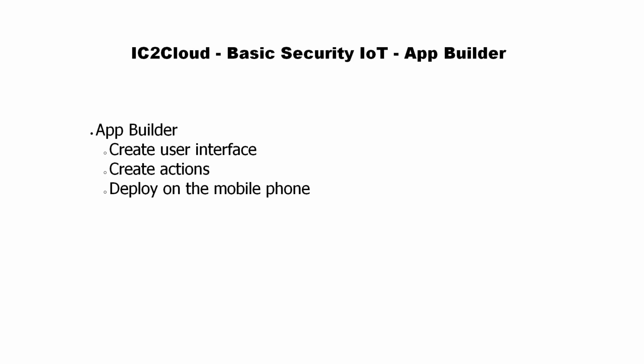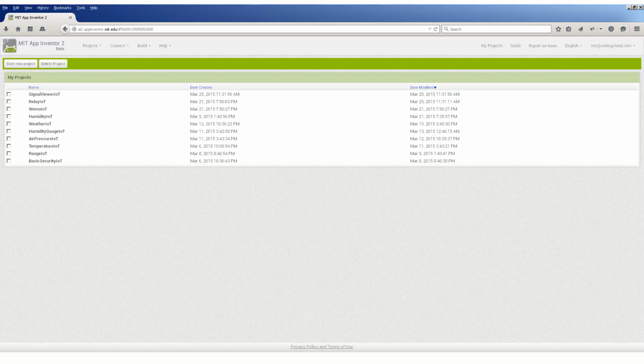To be able to control the alarm system from anywhere in the world, we need a mobile application. We are going to show you in this video how to create such an application. For this purpose we are going to use App Inventor. App Inventor is used as the app builder for the IC2Cloud platform. You can get details about this tool on the App Inventor website,